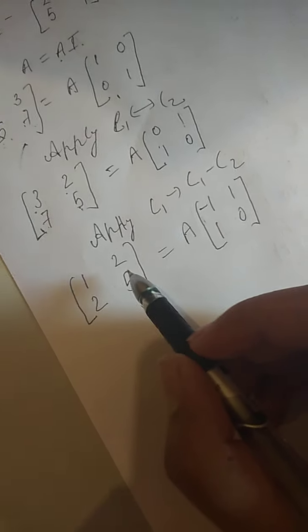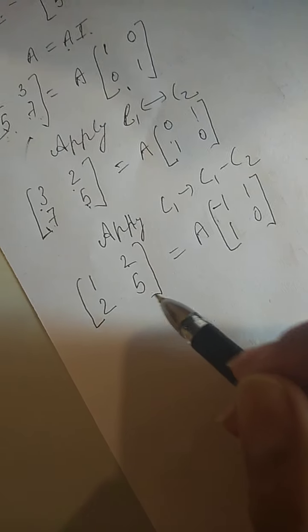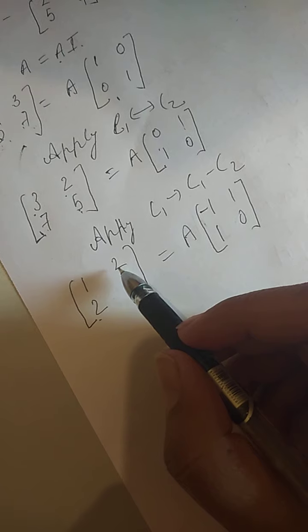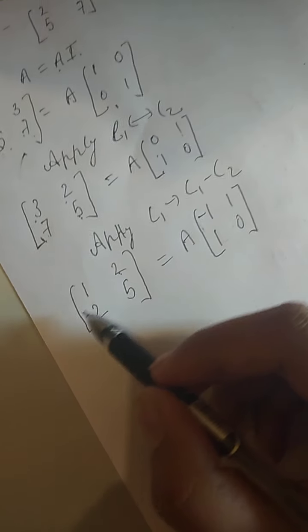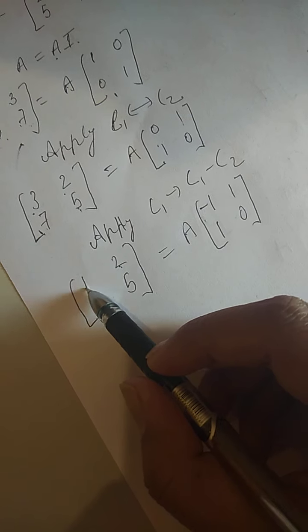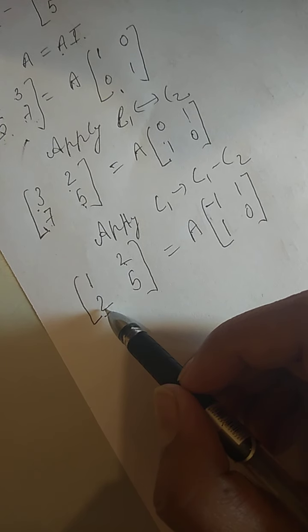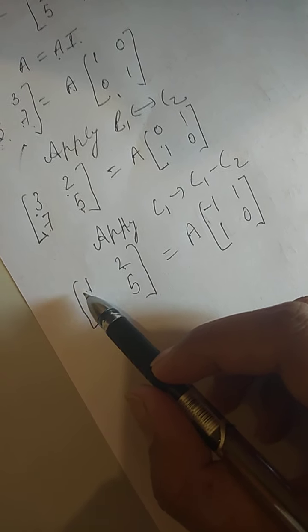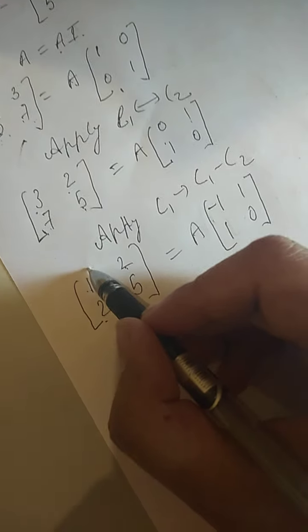Now the next thing is, I will make this element 0, we will make this element also 0. So first of all, let us make this element 0. Why so? Because when I do row operations, after making this one, I make this element 0. But when I go to column operations, after making this element 1, I will move to this side, I will make this element now 0.